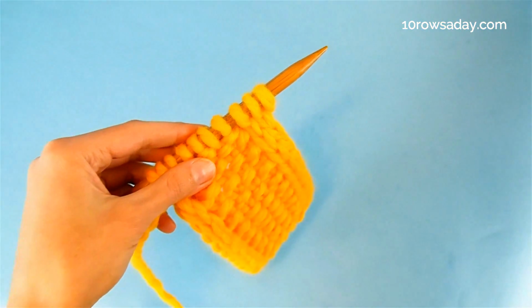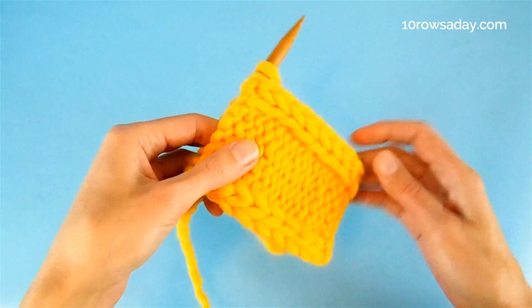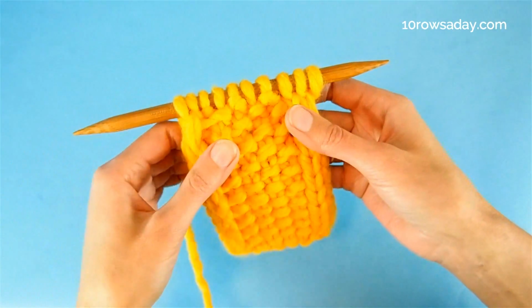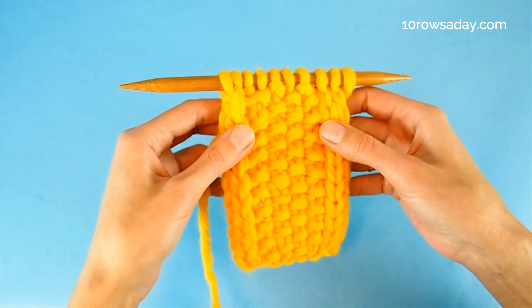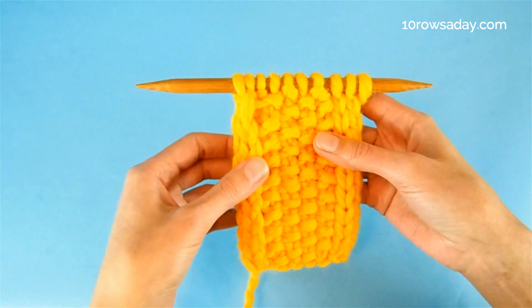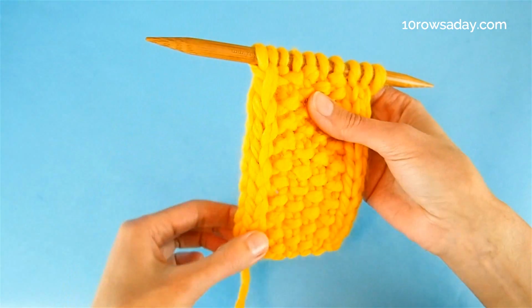We can add it to stockinette stitch and it looks nice, especially on the wrong side of the work. But of course, this type of selvedges looks best when we add it to a textured stitch pattern, because the texture of the stitch pattern, like seed stitch or garter stitch, provides a great contrast to the sleekness of